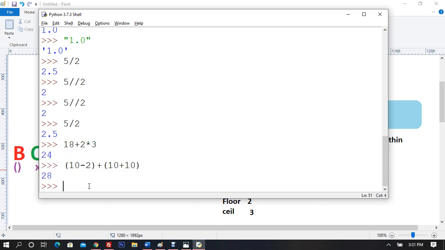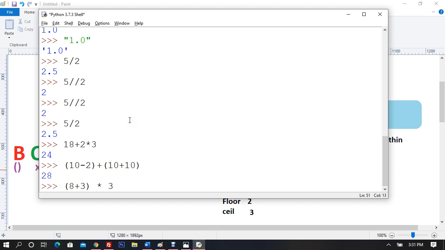Now we have a special thing in Python which is known as power of. Now how do you deal with power of? I'll show you how to deal with that. I want 8 plus 3, multiplied by 3.